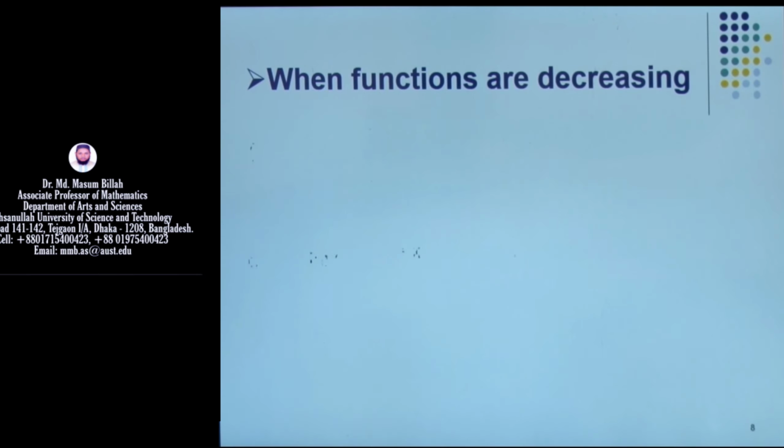Then what is a decreasing function? You see, if we draw a graph of y equals f(x), and if we draw a tangent at any point in this graph, it will always be decreasing, because the angle between the tangent and the x-axis is greater than 90 degrees. If we see tan theta, when theta is from 90 to 180 degrees, it is always negative. So we can say f prime x, that is, the slope of the tangent, is negative.